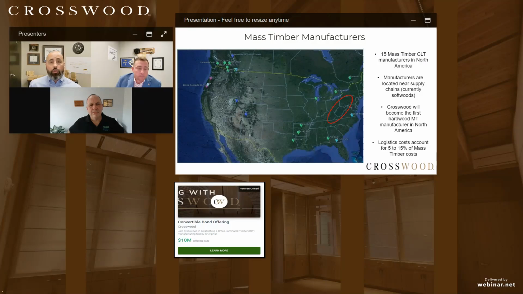I'm making a short question kind of a long answer, but to quote one of the fantastic researchers from academia that we work with, the future of sustainable building is simple. It's just use more wood. So we look forward to the next owners reaching out to us in a couple of years and saying, hey, how'd you guys get your hardwood facility online? We want to do the same thing down in Tennessee. Thanks for that question, John, and the person that wrote it.